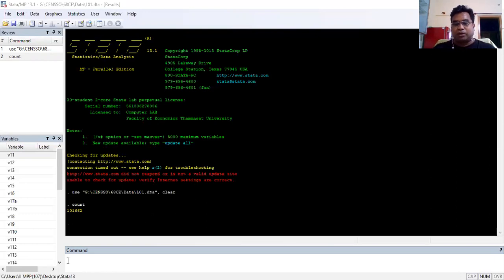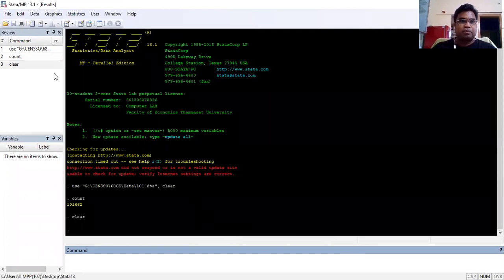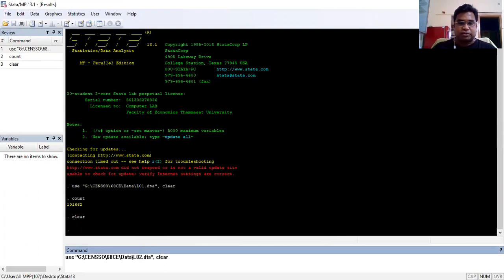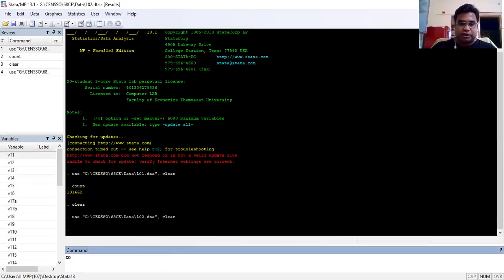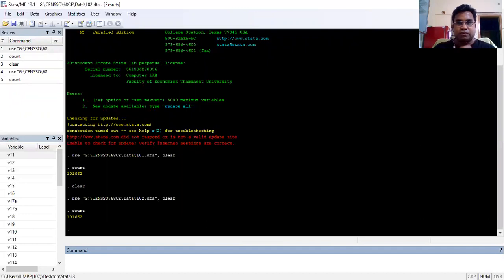These three files, level 1, 2 and 3, all have exactly 1,01,662 observations. Now let us check whether there is any repetition, because these three files are the same. So what I will do, I will make use of level 2 data to see if there are any repetitions or not. So let us open that. You just copy this command, change your data file name here, so it will automatically come here. So once again we can use this count command to count. You see, once again there are 1,01,662 observations.